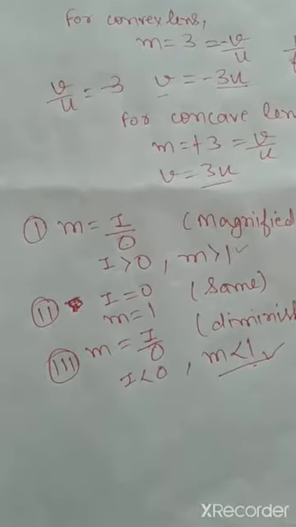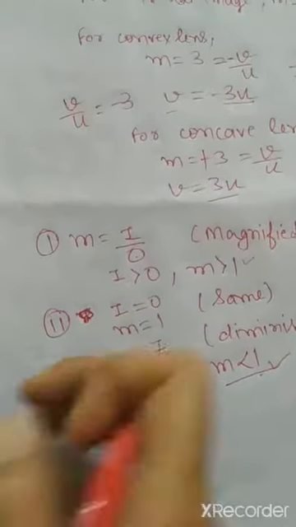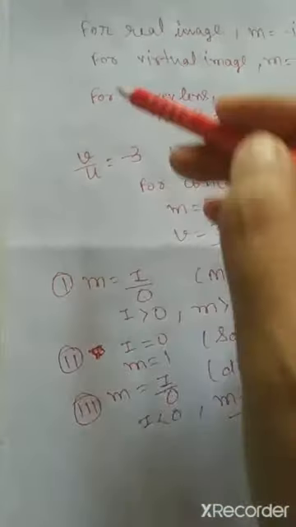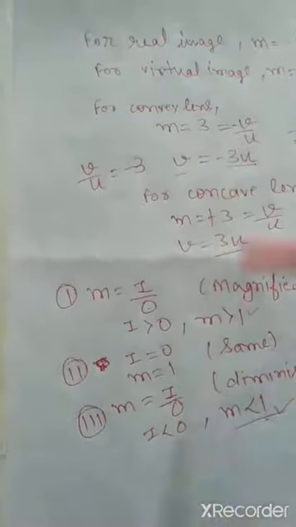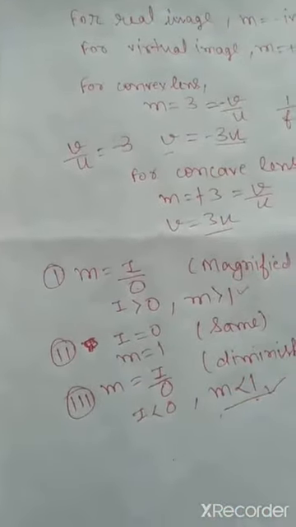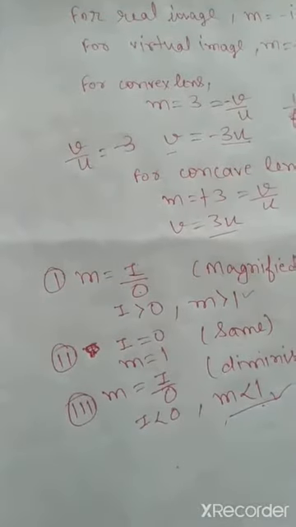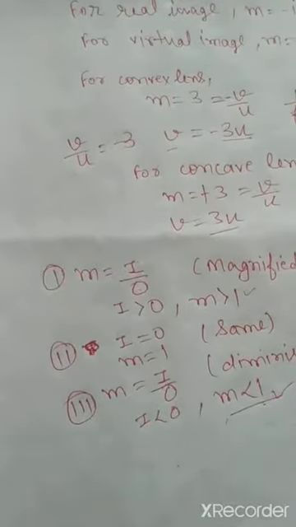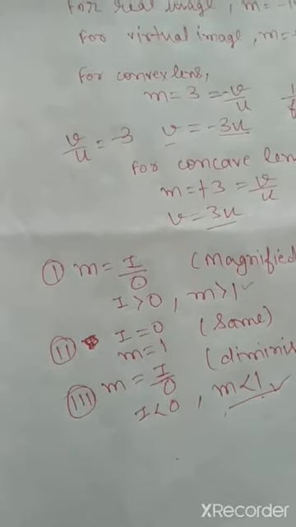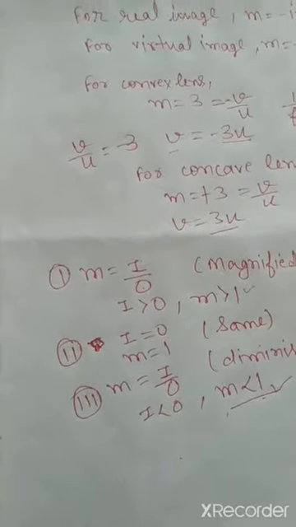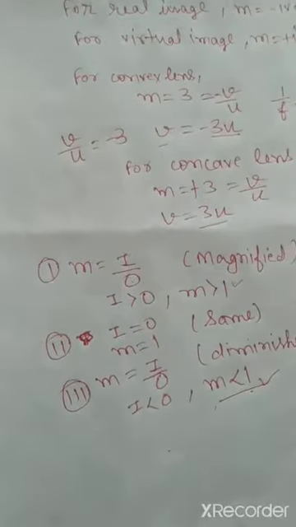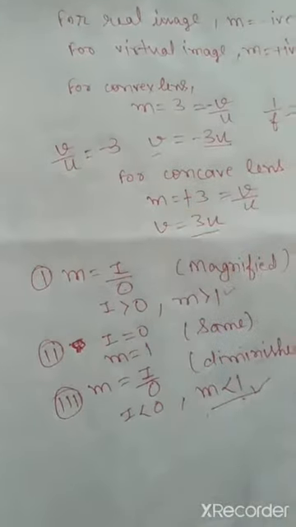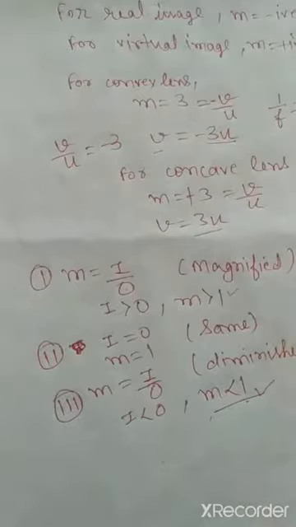Clear? So this is what is given in the point, and these are the points that you have to keep in mind. For the magnification topic, these things are very important, and mostly the chances are that a numerical will be asked from this part, or a small part of a definition or a formula will be asked. Otherwise no derivation is given. So that's what you have to keep in mind, and we'll use this in the numericals.